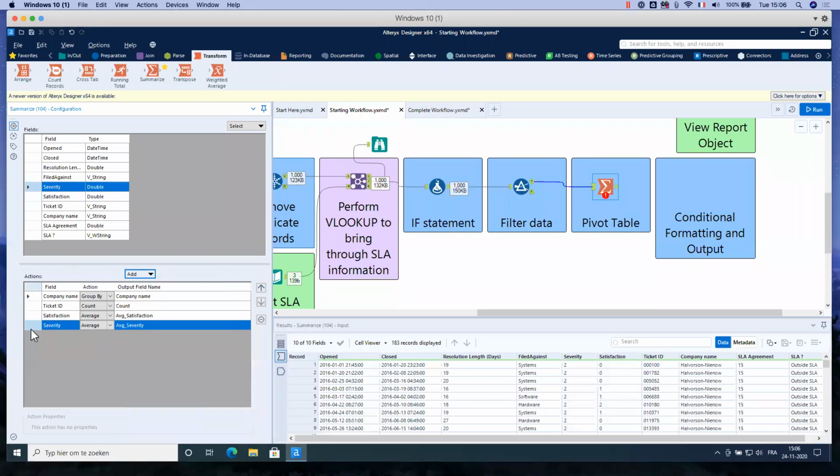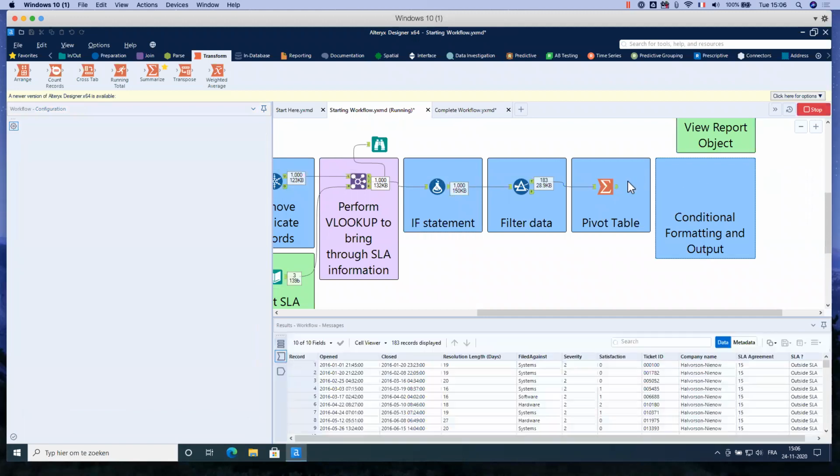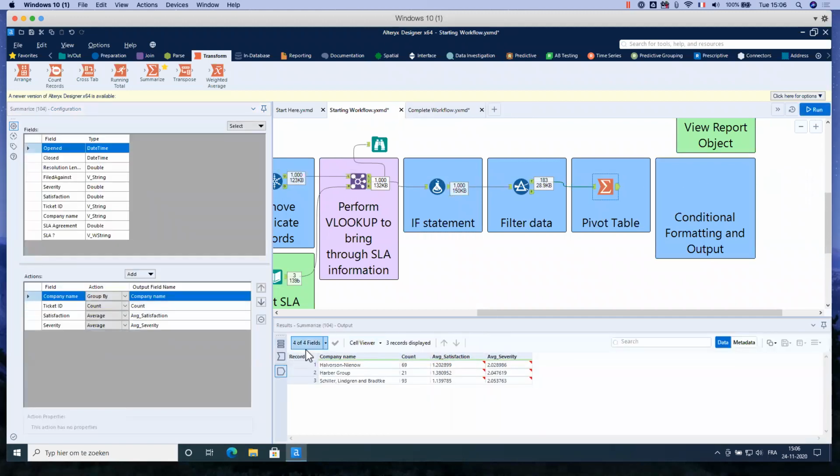Be aware that we will only see these 4 fields in the output, so if you want more columns, you need to add them here. I hit run, and as a result I have this table with my 4 companies, the number of tickets, and the average satisfaction and severity.